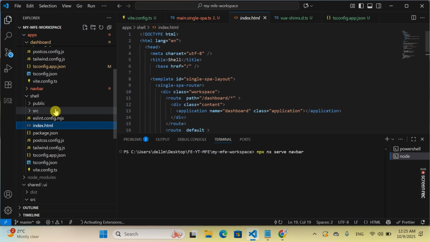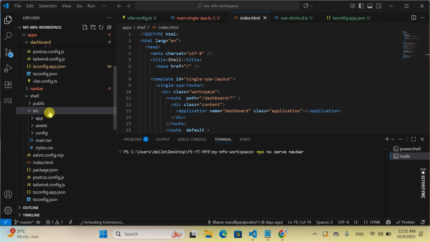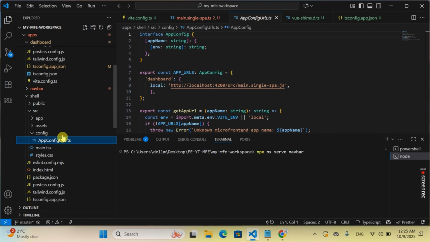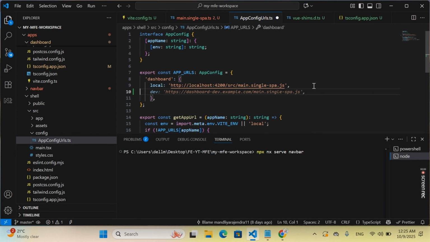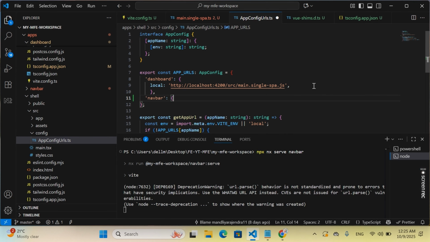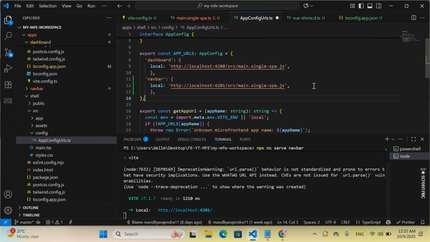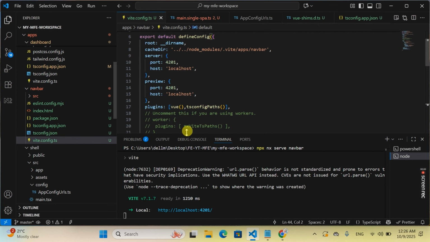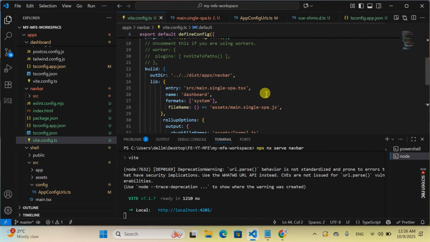Where is our shell app? Okay, here it is. And here we have index.html. And another thing we have inside the config folder, we have app config url.ts. So here we are going to define the URL of the navbar and other microfrontend URL based on environment. So here we are going to use local with the localhost 4201 that is defined on our Vite config, and